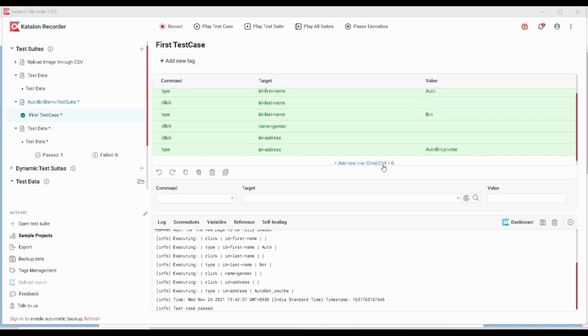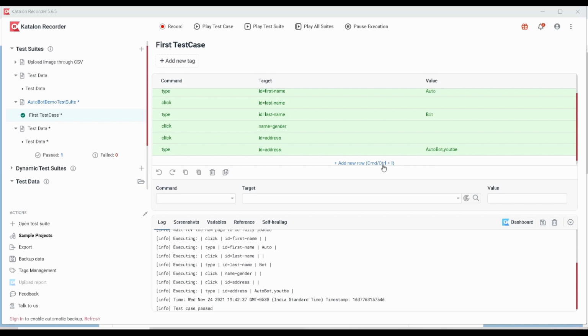So hope now you are very much clear about this Katalon recorder and how you can create this test case and how you can execute the test suite and what the different healing methods are and some basic commands regarding this Katalon recorder and the different features of the Katalon recorder. So just try to get this plugin in your browser and do some automation. Then you will get more confidence with this particular Katalon recorder.